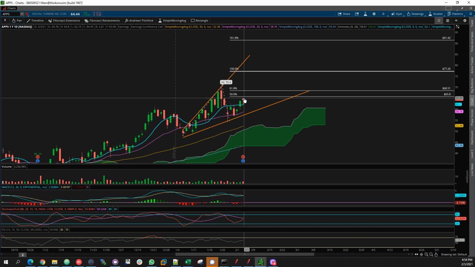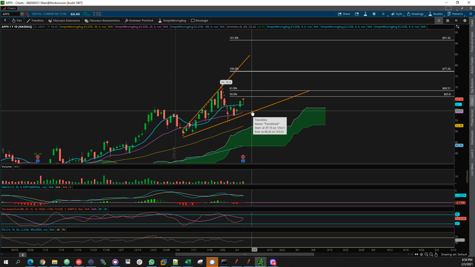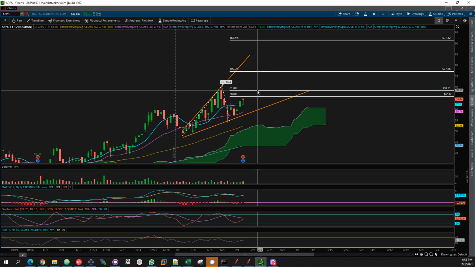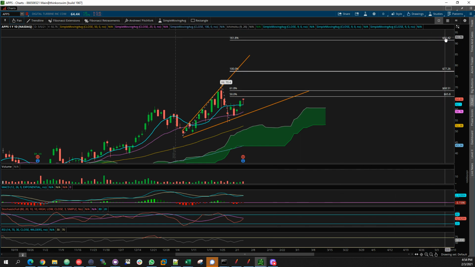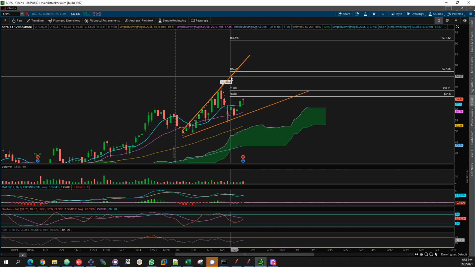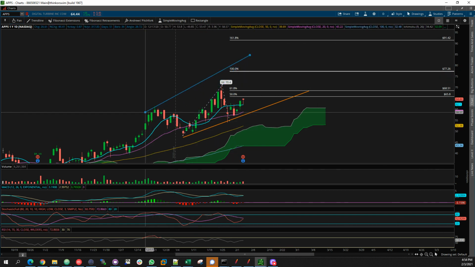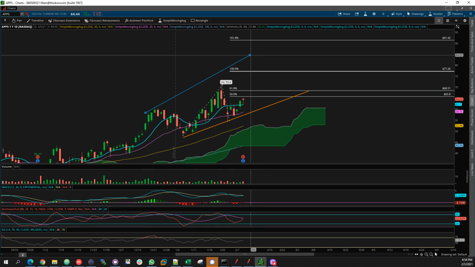So on this side of things, two things can happen. One, it could come down and test the 20-day moving average or the bottom of the channel here, which is 59.28. So it has to hold this channel. If it does, it's definitely going to go to 68.51 and then eventually $70. The most bullish case scenario is 91, but I have to do due diligence on the company to even say that. You can also put the chart like this, which I think is more conservative,